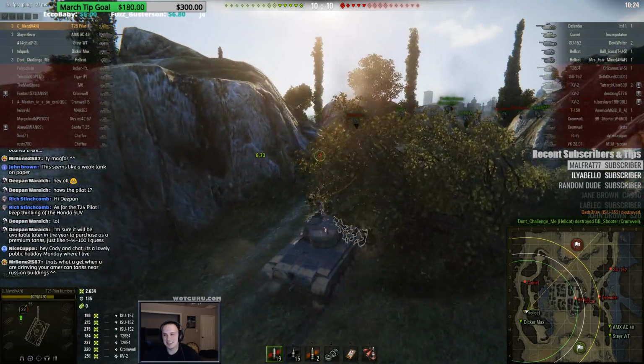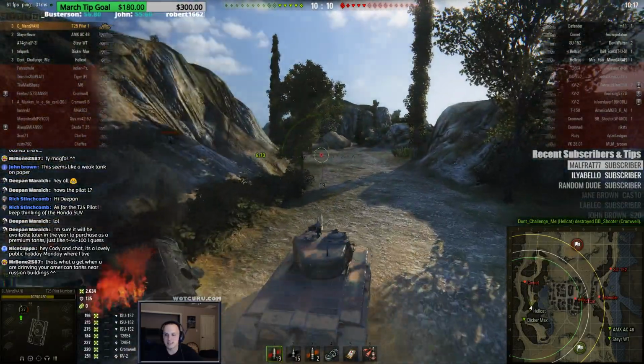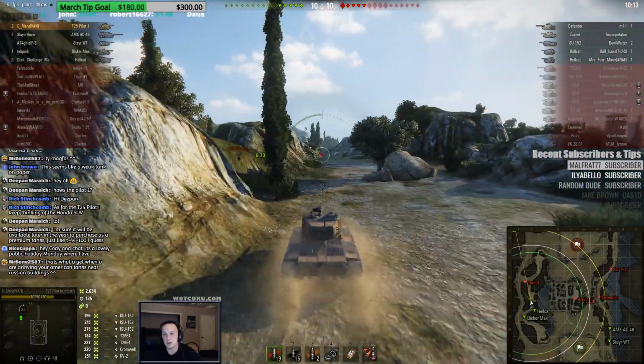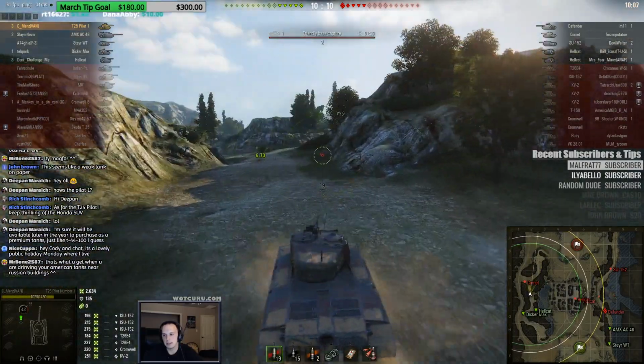But, D-Pan, hello. I haven't exactly played a ton of matches in this, but looking at its stats, it's a good tank for premium. It is a little bit weak on armor compared to other American mediums, but, you know, it's basically like, shit,